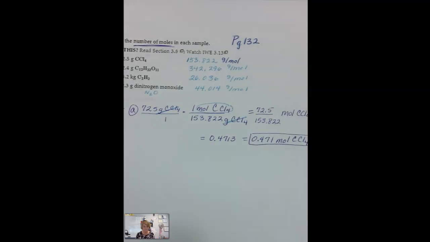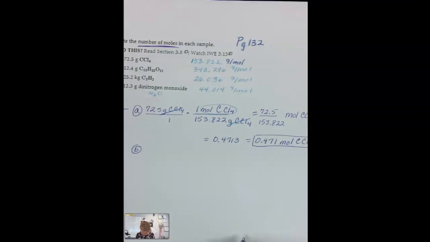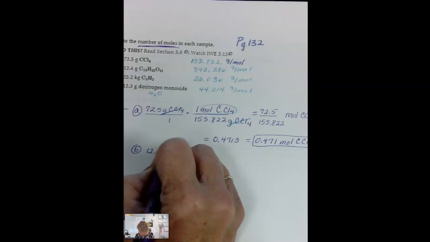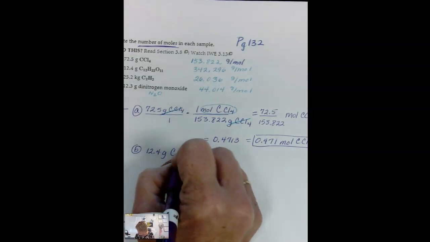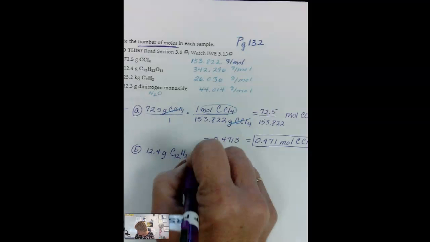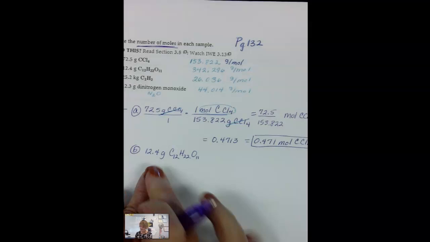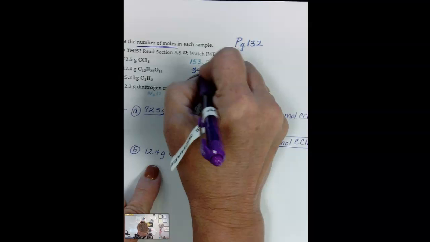So B, we are starting off with 12.4 grams. I believe this is sugar. Okay, sucrose. So we start off with our given. Again, I've already calculated this out to be